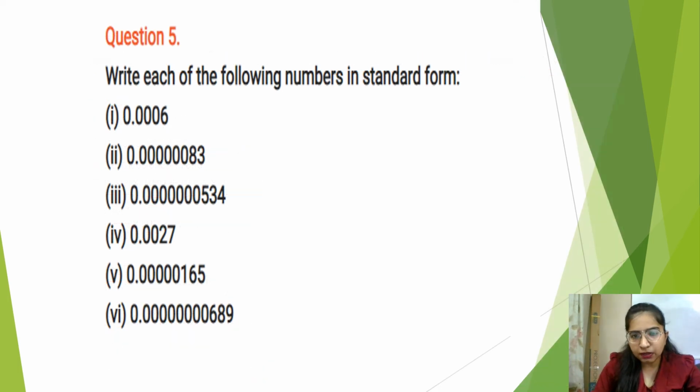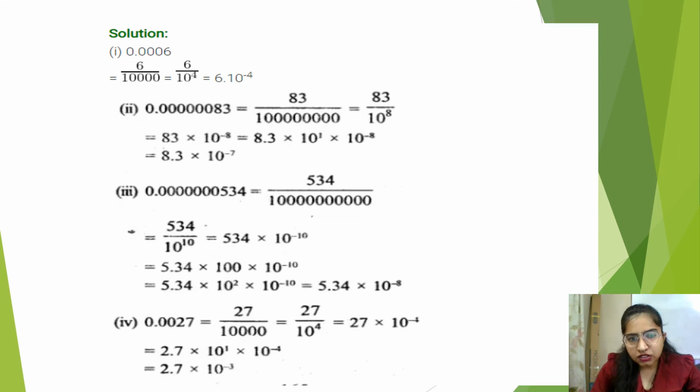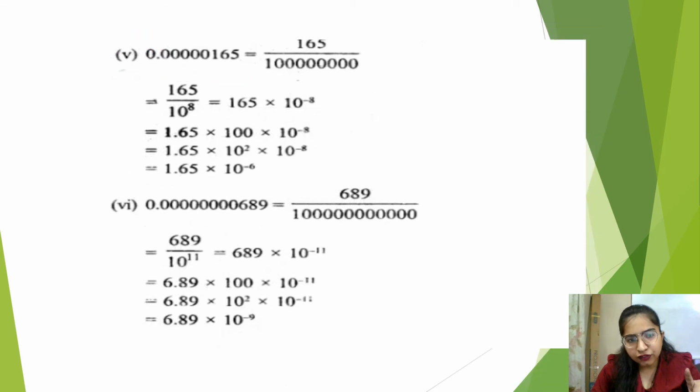Write each of the following numbers in standard form. You have to write in standard form these numbers, okay? And how will you write? See, here's the question. You can see the question. That's 0.0006. First of all, delete the point, please, because standard form means you have to place the point after one digit, or the digit must be 1, 2, 3, 4, 5, right? A natural number. It must not be 0, right? Here the point is after 0, okay, like this. Fifth part I'm doing for you.